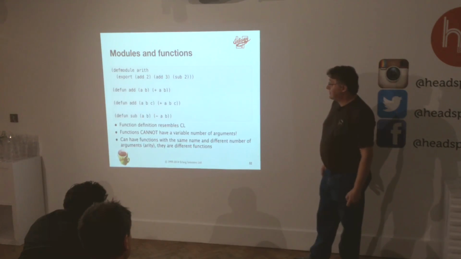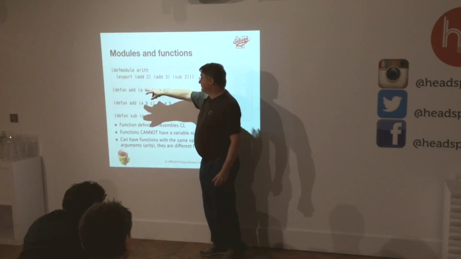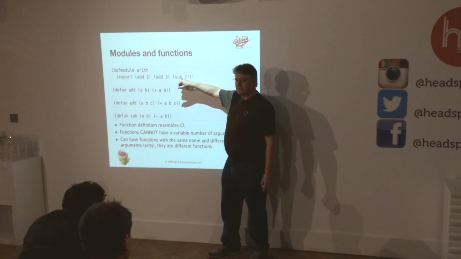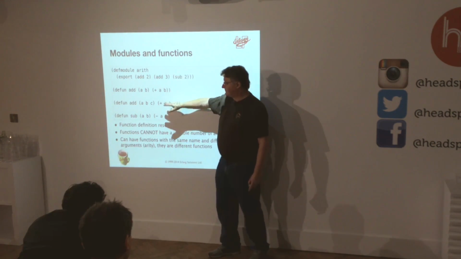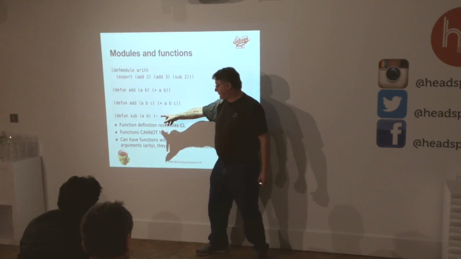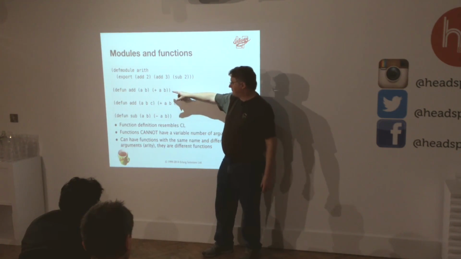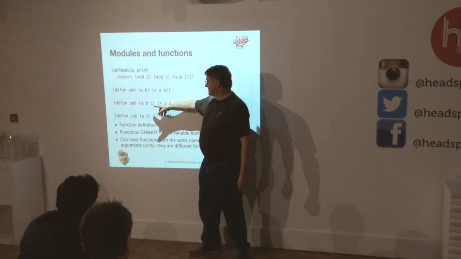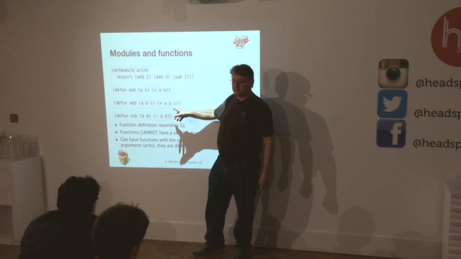Yeah. So how do we define a module? We have a defmodule. This defines the module arith, and we're going to export the functions add of 2 arguments, add of 3 arguments, and sub of two arguments here. This defines the module. And down here we define the functions. Now it starts to get strange. Well, if we look at sub first, sub of a, b just returns minus a, b. That's what that does. But I've got 2 adds. I've got an add of a, b which returns plus a, b, and I've got an add of a, b, c which returns plus a, b, c. So what's going on here?